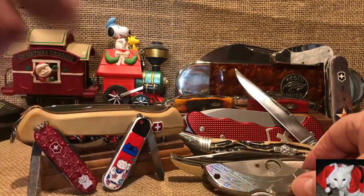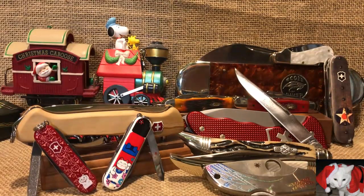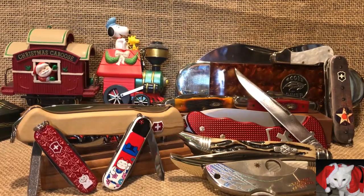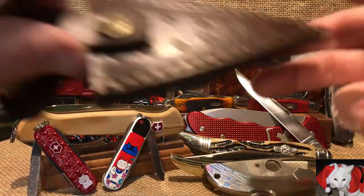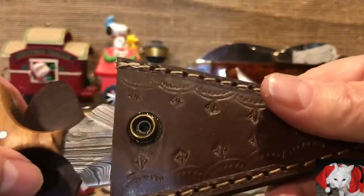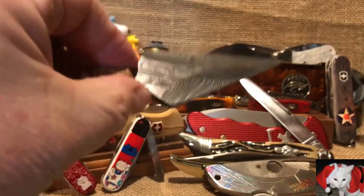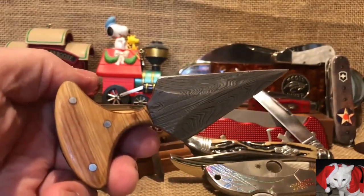Now, there's two other knives that I also got, but I think I'm going to have to be very careful when I'm showing them. Both of these are fixed blades, and they were just fun knives that I picked up. I got the first one and it's like, man, I really like that. And this was not the first one, but this was one of the many